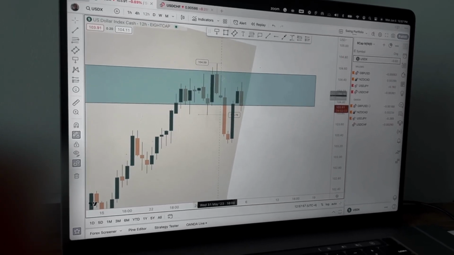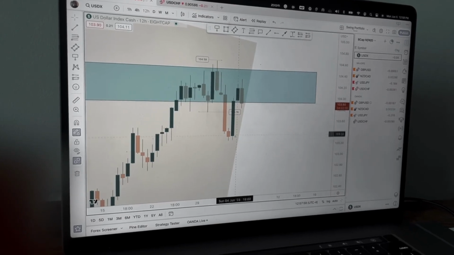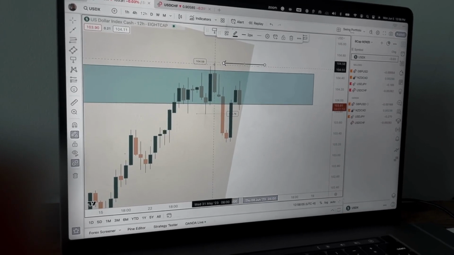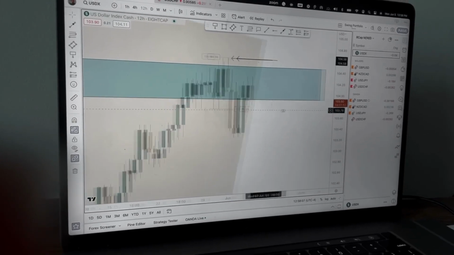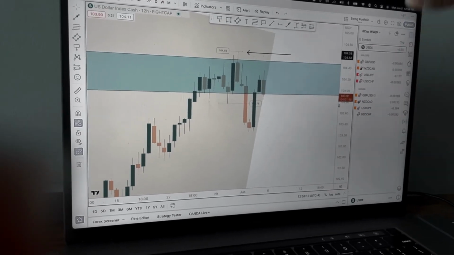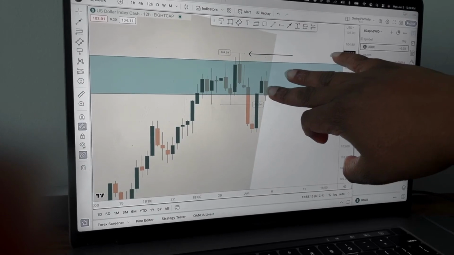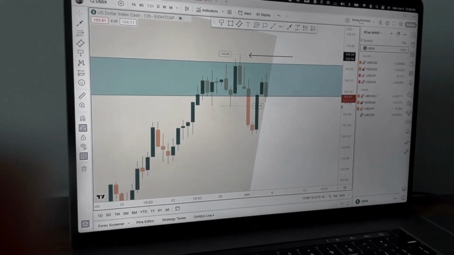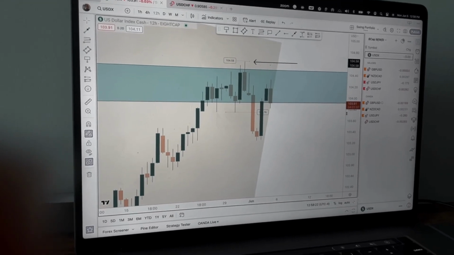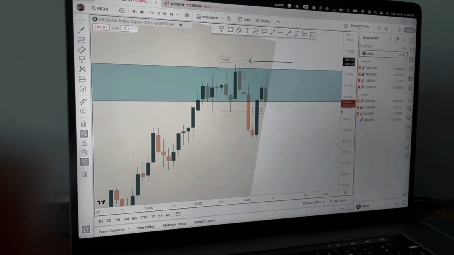So this was a higher low, higher high, lower low. And now the fact that price just made a low, now I'm looking to see if price can stay below this lower high, this higher high here. And look at this 12-hour candlestick. Now there's 4 hours left of this candlestick. So if this candlestick today at 5 o'clock p.m. Eastern Standard Time closes bearish, I'm going to be looking for sales on the dollar